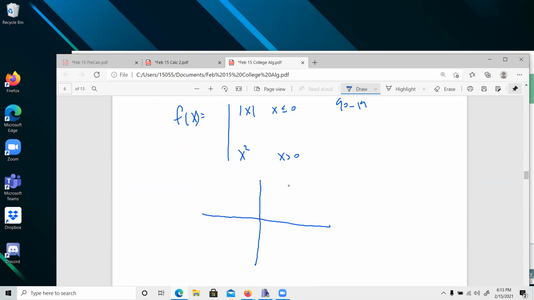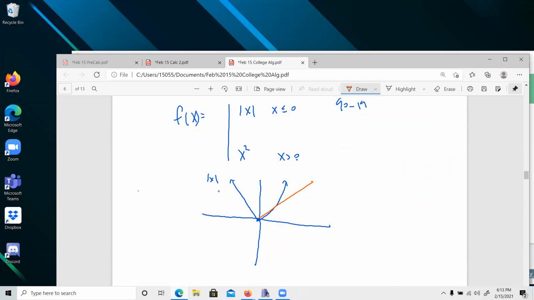Okay, so when x is less than 0, here's my absolute value of x. Okay, that's the absolute value of x. x greater than 0. Okay, so we live in a different neighborhood now. We got a different rule. Okay, but one of the things I always see, and this is one of those things, you're not allowed to do this because